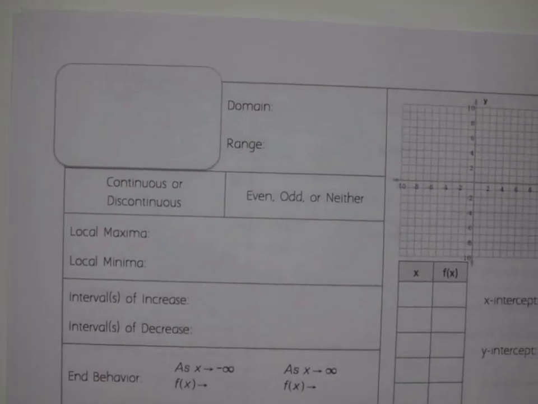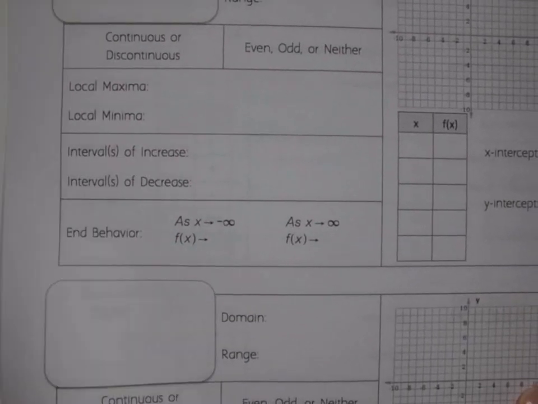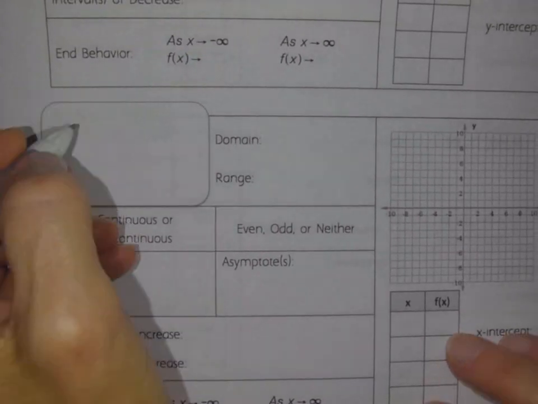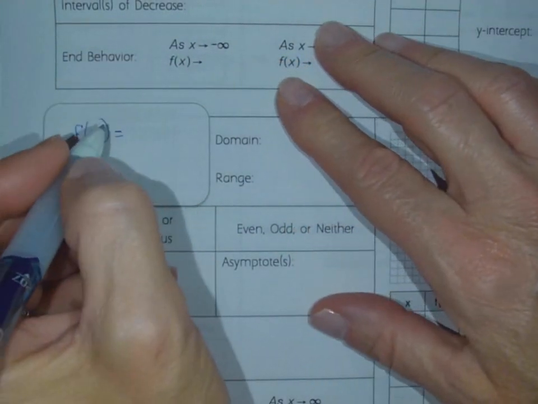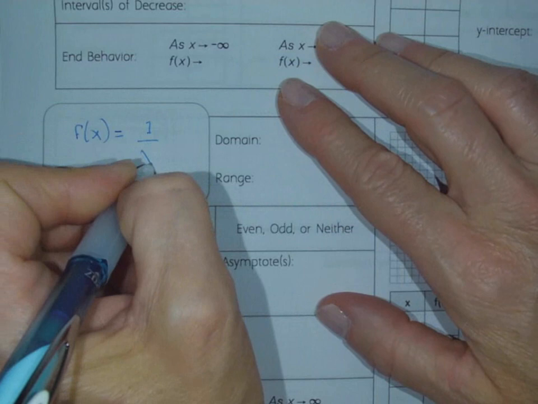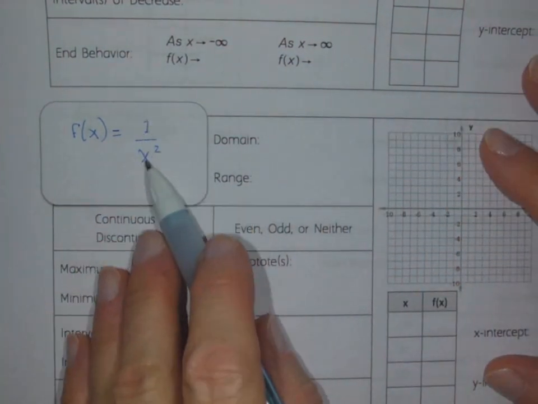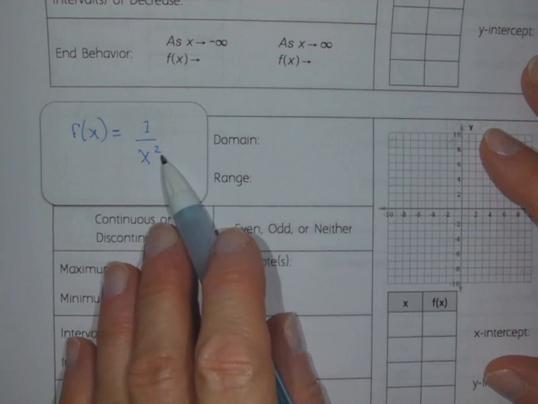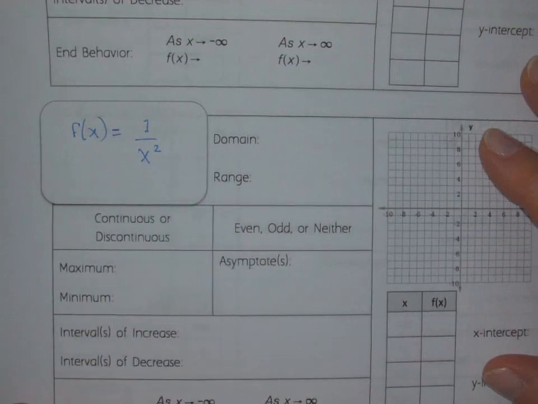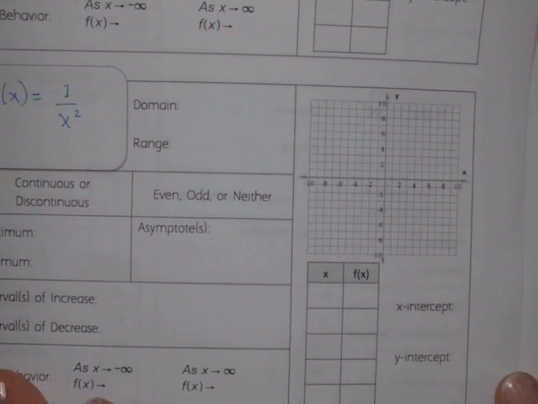So let's just do the f of x is equal to 1 over x squared. And that's almost like a reciprocal function, except instead of just having an x here, we're going to have an x squared. And that's going to change our graph a little bit. And so I'm going to go ahead and do a table of values. So if I plug in a